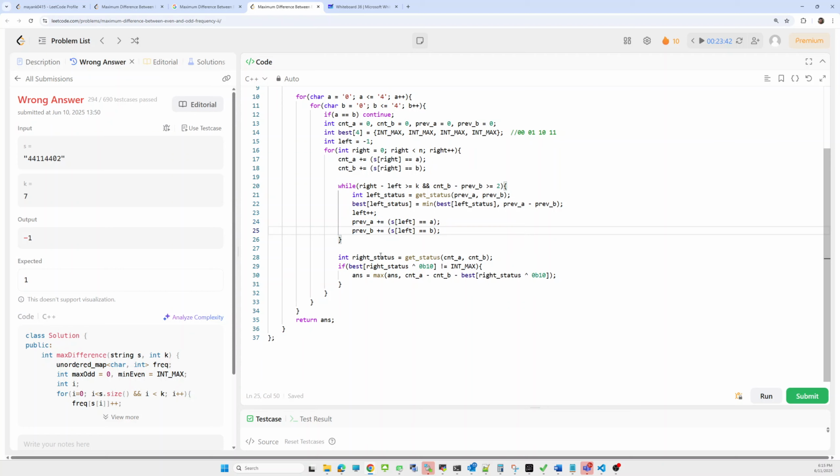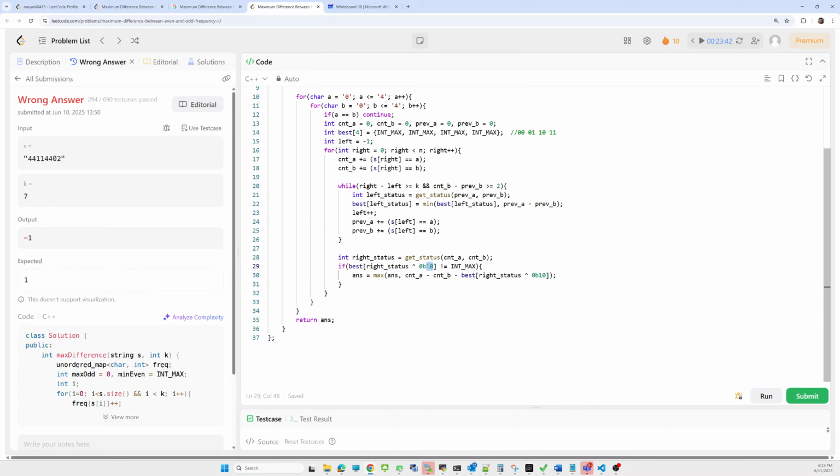Now we have to get the right status, meaning the current status at whatever the current index is, and based on that we get the current status, and we are interested in the opposite one. We are interested in which state? The opposite one. The right status is the opposite of 10.